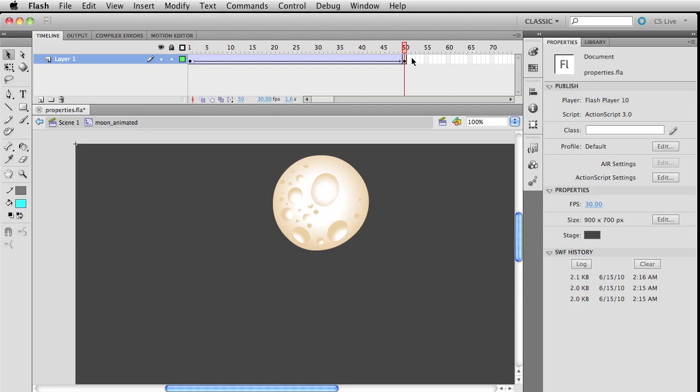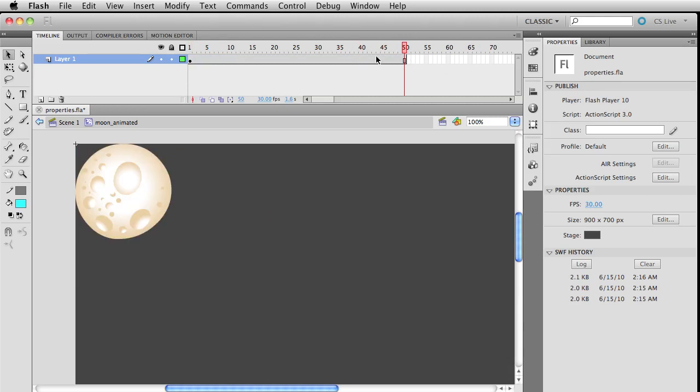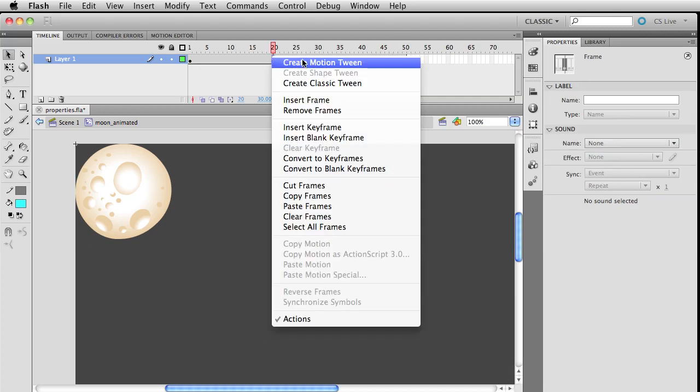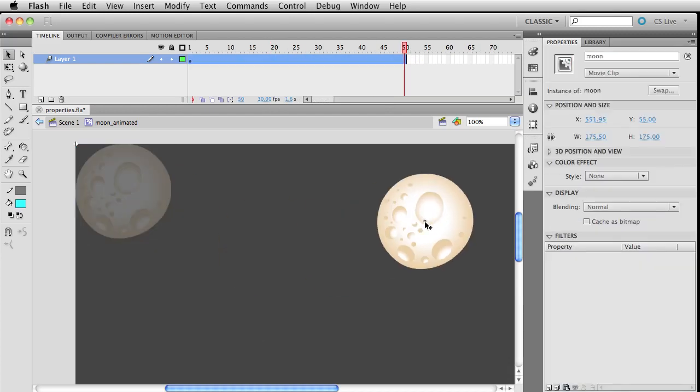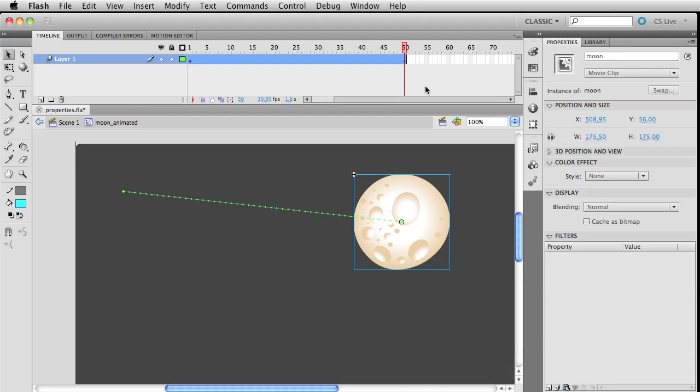I'm going to undo all this though. We might as well show you guys the newer ways of doing things. So instead of putting a keyframe out here, I'm just going to right click over here, go to create motion tween. And again, without doing a keyframe, now I can just grab this symbol, move it out over here. It's going to create the keyframe automatically for me, and then